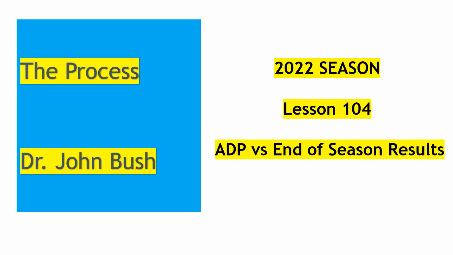This is a continuation of my lessons. We're starting top to bottom, looking to drill down as the summer approaches. So this is for the 2022 season. We are still inside the big question of the predictability of ADP versus the end of the season results. We certainly understand things like injury